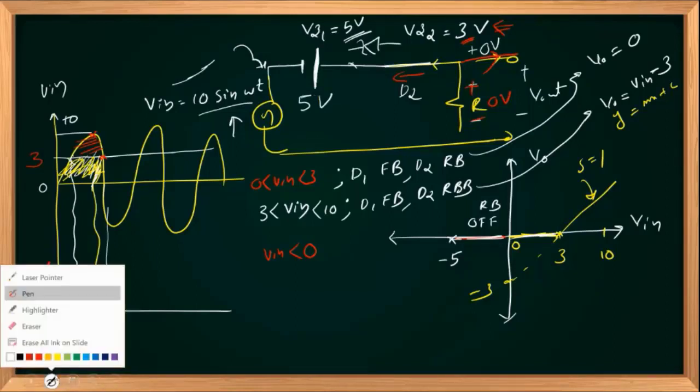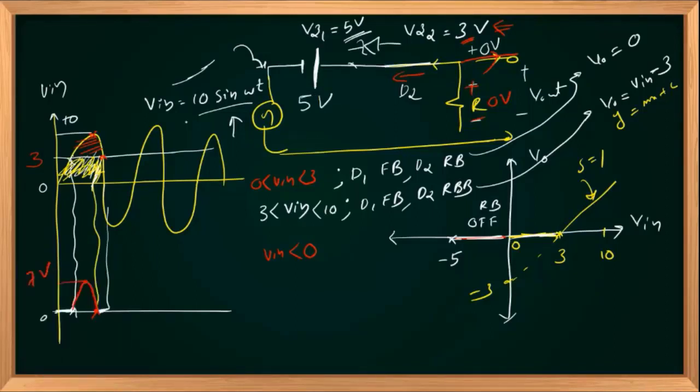Here actually you are adding 5 volts with V in to produce a V out. So if V in is less than 0 and greater than minus 5, your D1 is reverse biased, no change for D2, it is in forward biased mode, and we got output as 0. If V in is less than minus 5 and greater than minus 10,